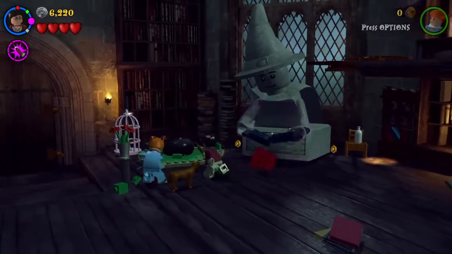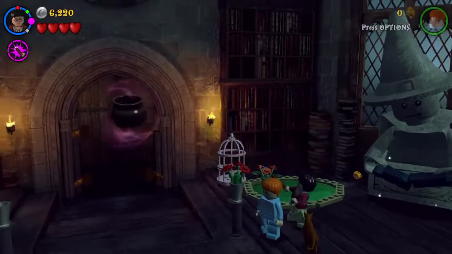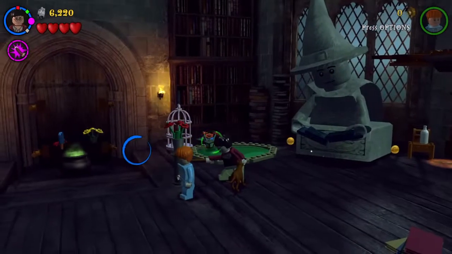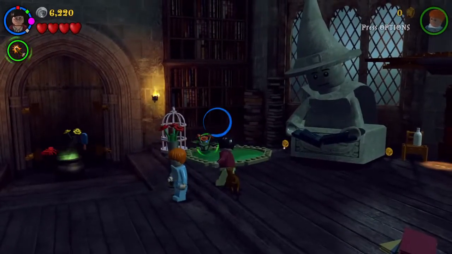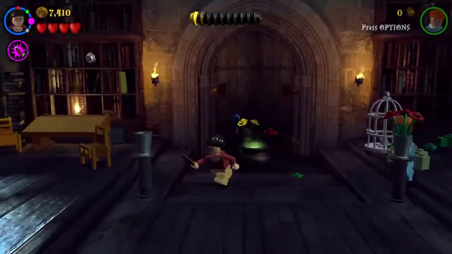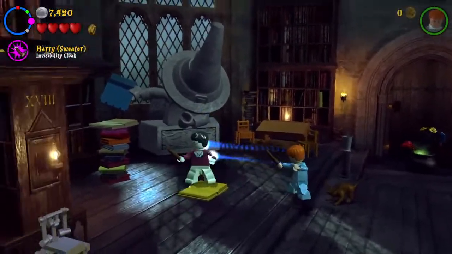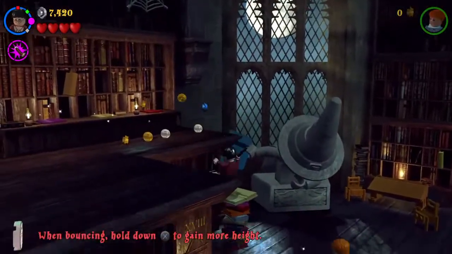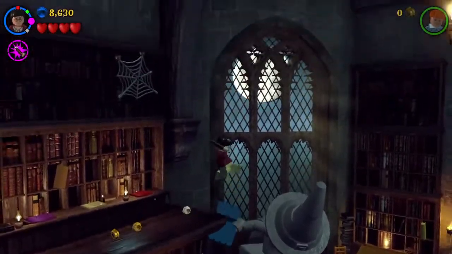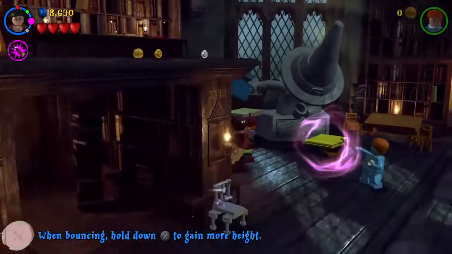Oh. Okay, now I get it. How did he suddenly get the... Okay, so if Harry is not wearing the invisibility cloak, then he can jump higher.